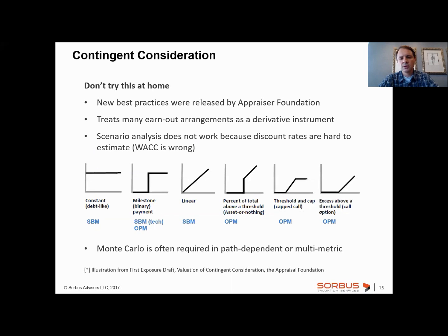Scenario analysis will still work when you deal with milestones that are technical, that are things that don't correlate with the market, like, for example, the likelihood of a certain drug being approved by the FDA. So that's not a financial milestone, it's a technical milestone. And so their probabilities would still work. But anytime you have an earnout that's based on a revenue threshold or EBITDA threshold, or maybe both or a combination of those, and agreements can be pretty complex, then option pricing methodologies or even simulations of multiple scenarios with Monte Carlo methods might have to be applied.